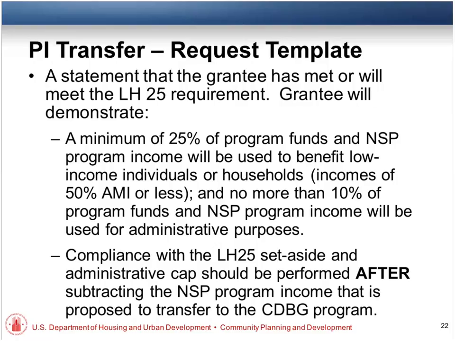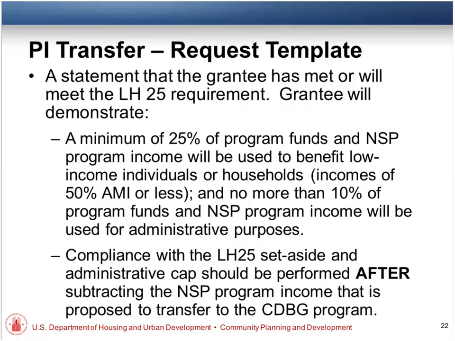And we also want to see that no more than 10% of program funds and NSP program income will be used for administrative purposes. But I really want to highlight the first part of this bullet because we've got a section in our FAQs that's going to help you go through the steps to actually looking at whether or not you've either met this requirement or that you will meet this requirement.